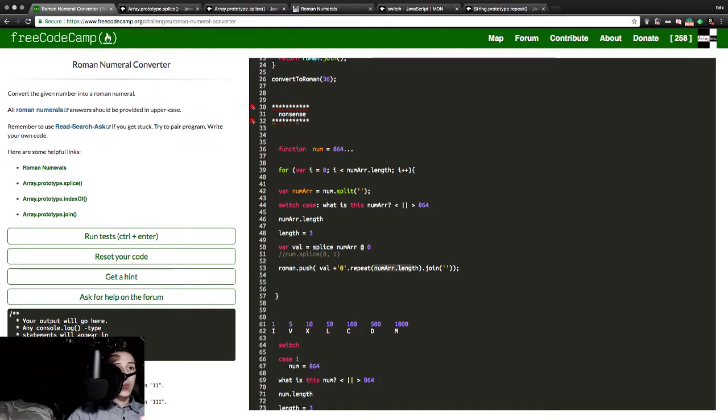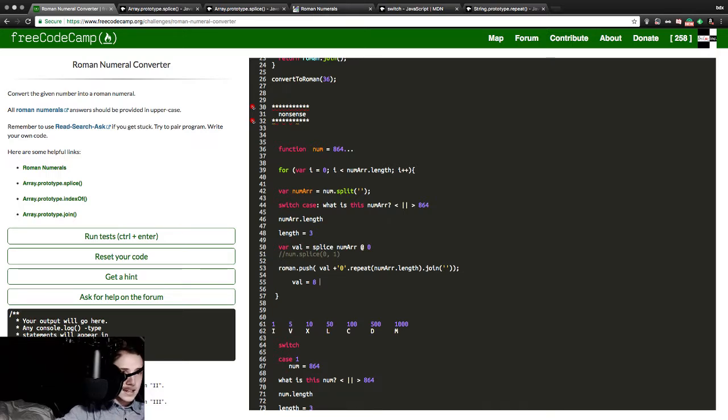So number array was 3, but now that we spliced the crap out of it, it's now down to 2. So it only should repeat twice, so it should carry the value, which is 8. Value should equal 8